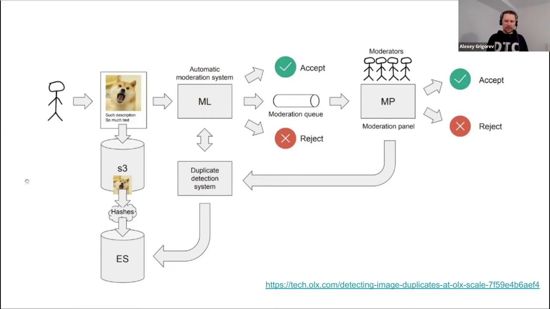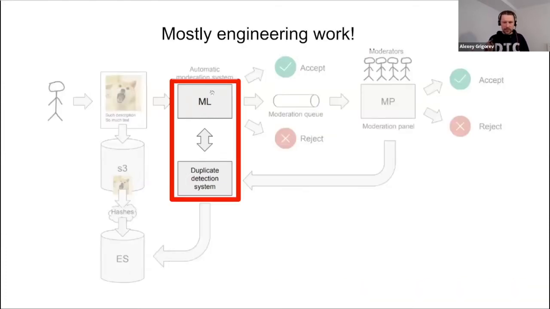So we have a system to detect unwanted content. So let's say somebody wants to upload a pornographic image, or somebody wants to sell a gun, or somebody wants to sell some drugs. So this is not allowed, of course, and we have a system for detecting that. And we use machine learning for that. So this tiny bit, I hope you can see my mouse here. So this tiny bit here, I can zoom in a little bit. So this tiny bit here is machine learning.